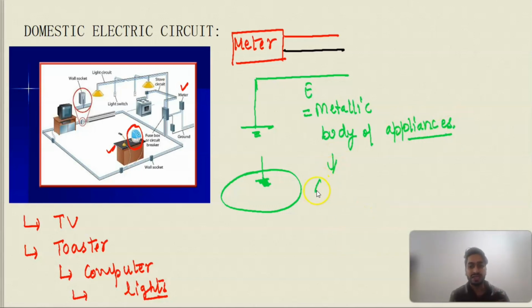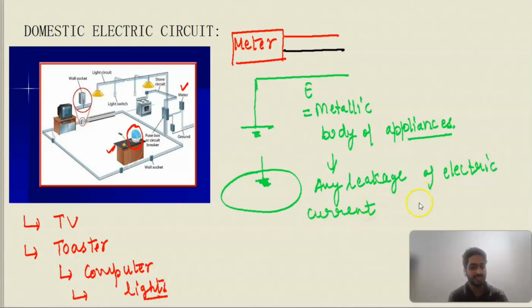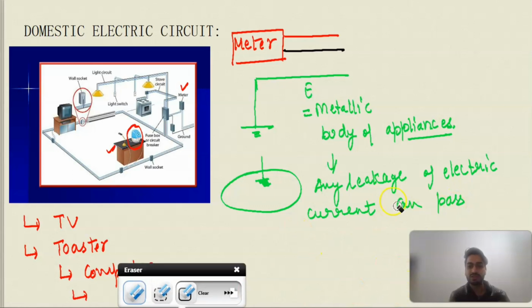Because if there is any leakage of electric current to any metallic body of the appliances, then that leakage of electric current can pass